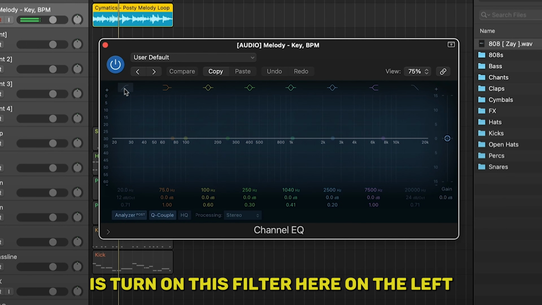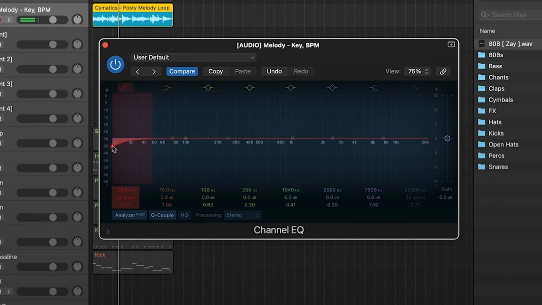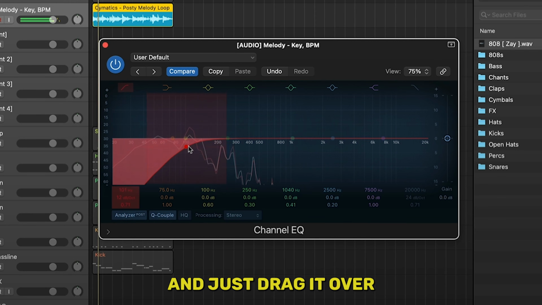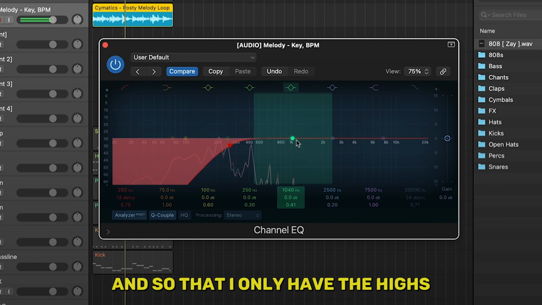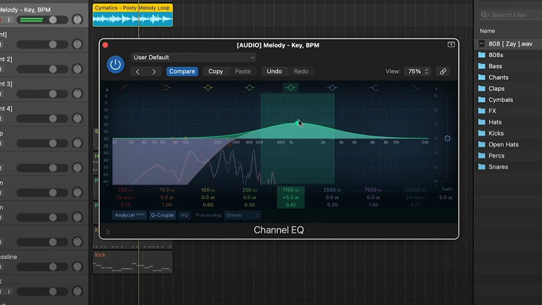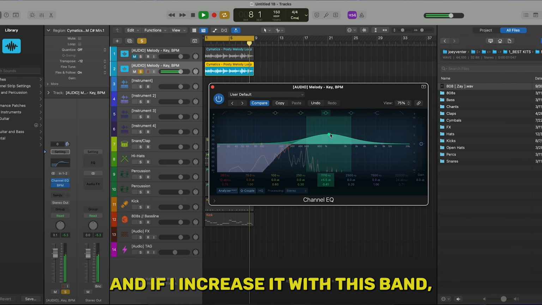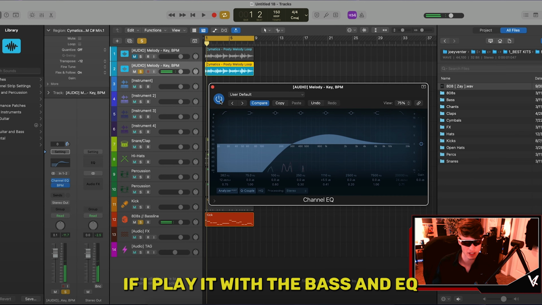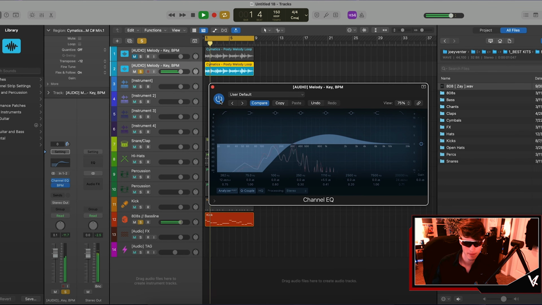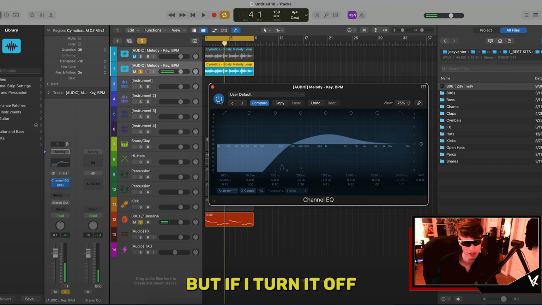So what I want to do is turn on this filter here on the left and just drag it over, so that I only have the highs of this part. And if I increase it with this band, I can hear it a little bit more clearly. If I play it with the bass and the EQ, it sounds like this. So you can hear both very clearly, but if I turn it off,